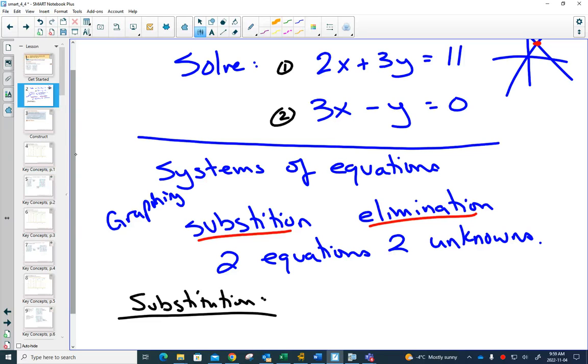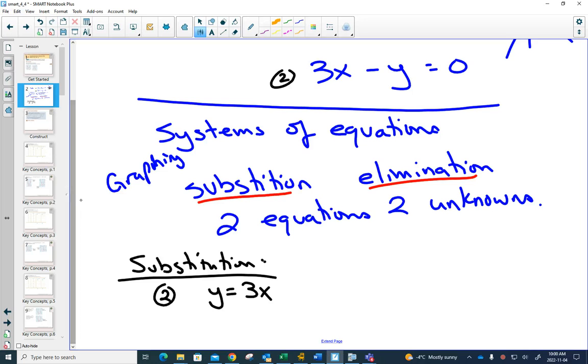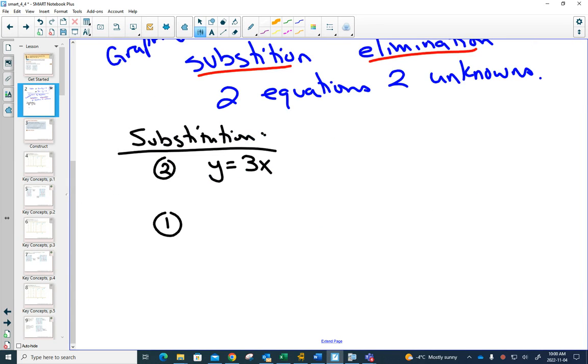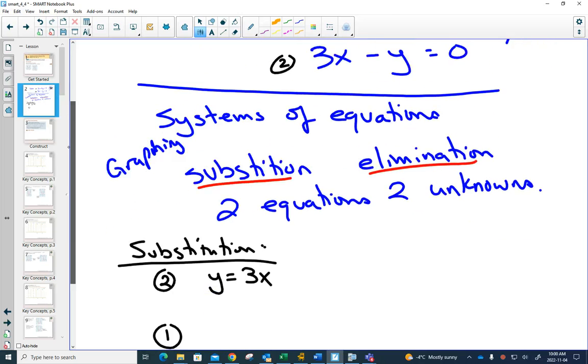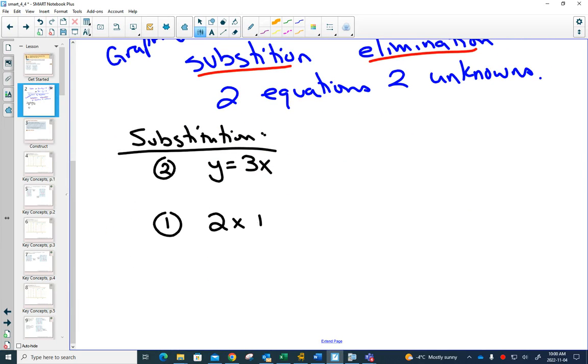In particular, I would look at this one. I think it's easiest to get y by itself. It would be really easy to rearrange equation number 2 by moving the y over so y is equal to 3x. Once you have that in, you take equation number 1, which was 2x plus 3y equals 11, and I'm